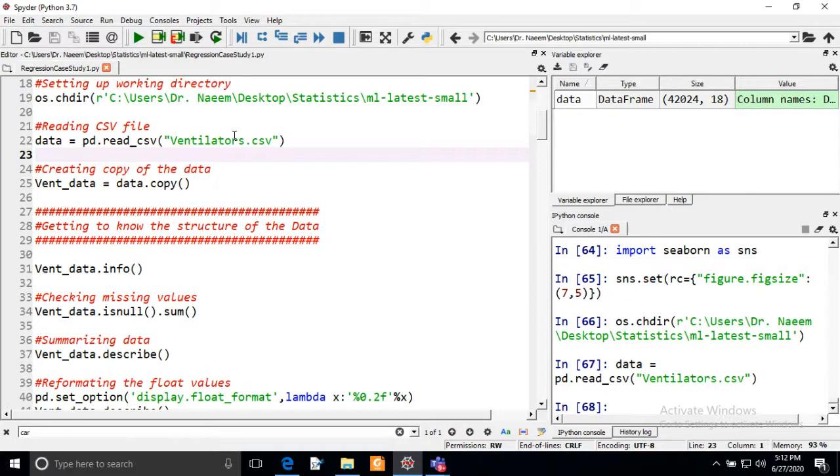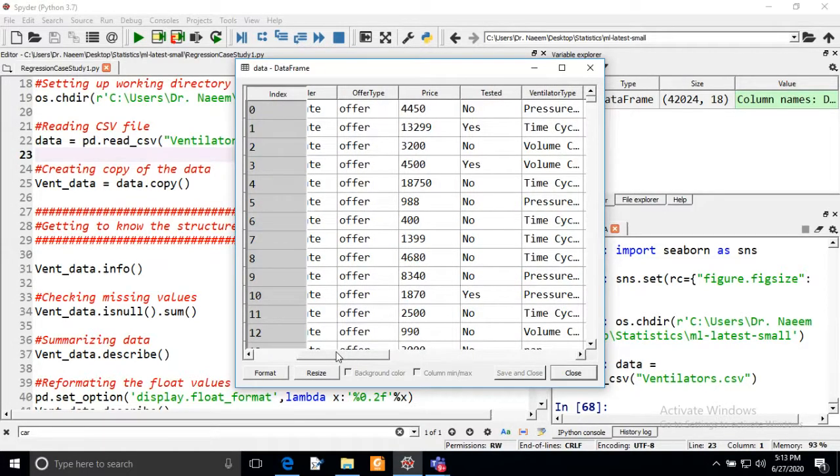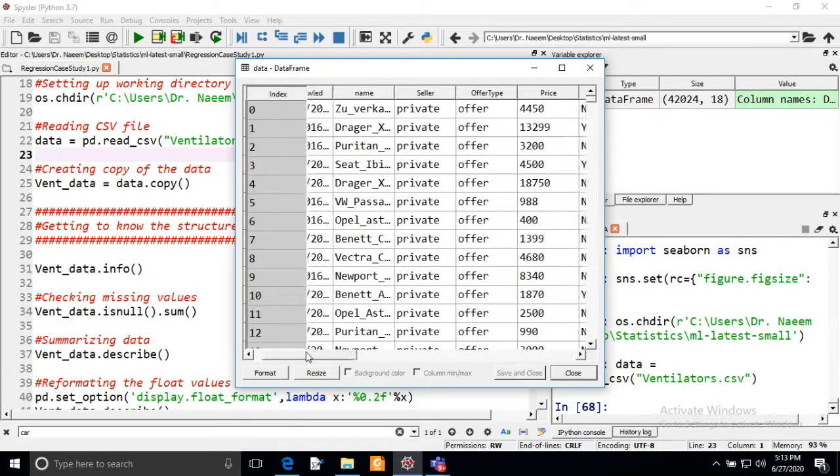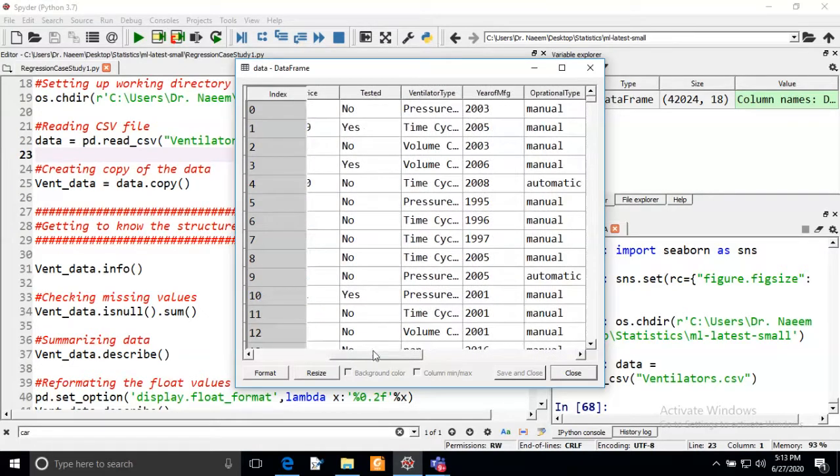That's why I didn't write that keyword in this function. If you look at the data, all the information is in this data frame. This function has added the index column, and we have date crawled, name, seller, offer type, price, tested. All these variables we have here.